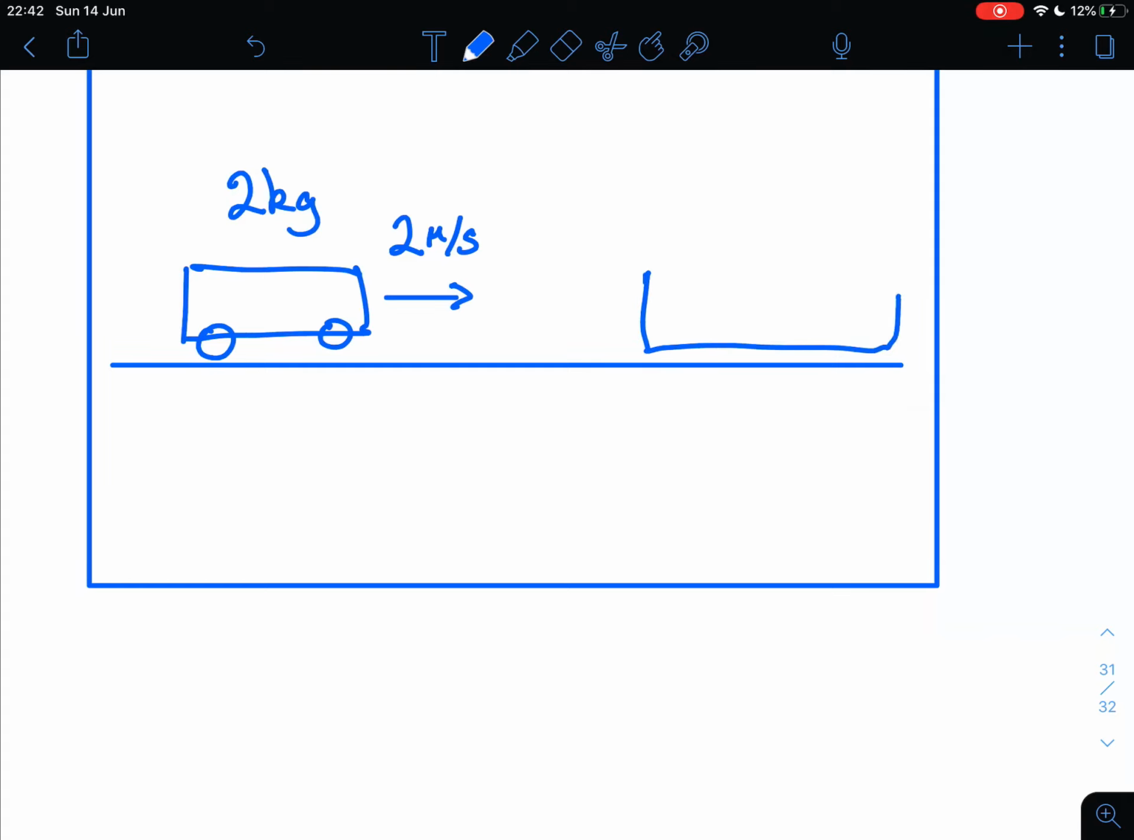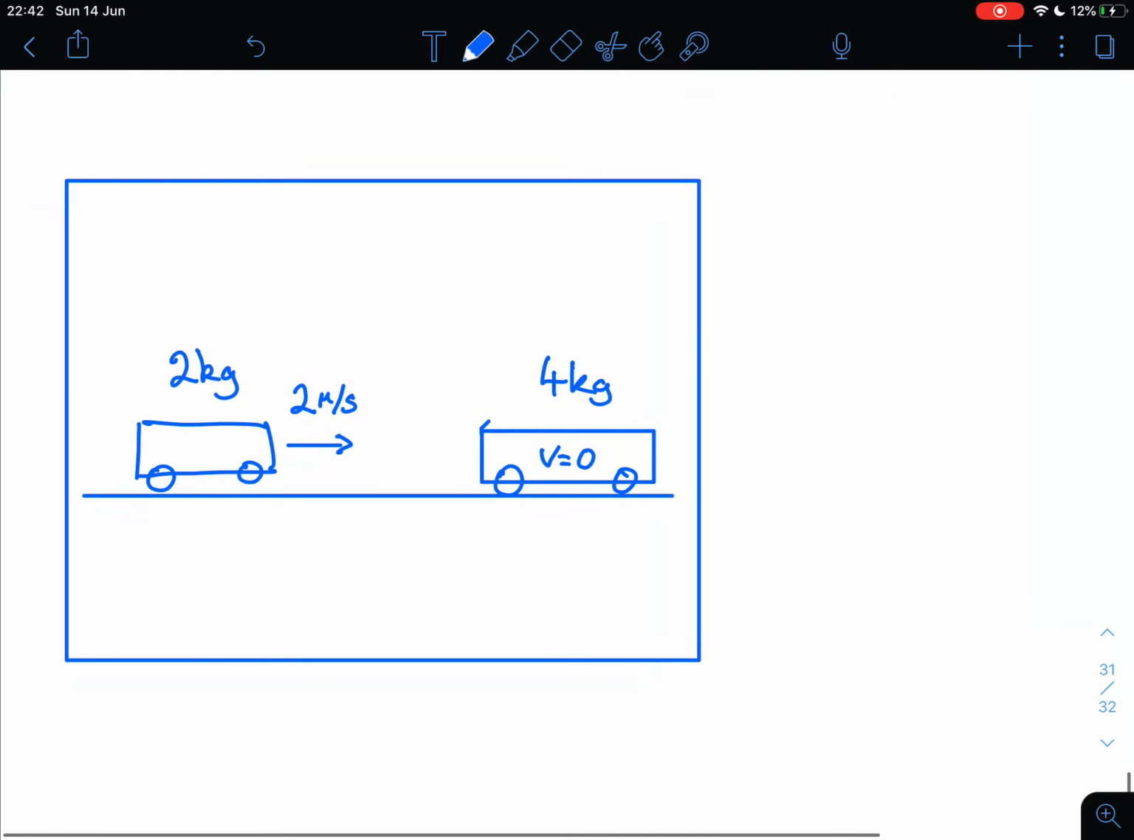I know why this doesn't work now. You have to finish at the very point you started. There you go. It's going to crash into a bigger one, which is 4 kilograms. And at the moment, its velocity is 0. It's not moving. So let's have a look, we want the total